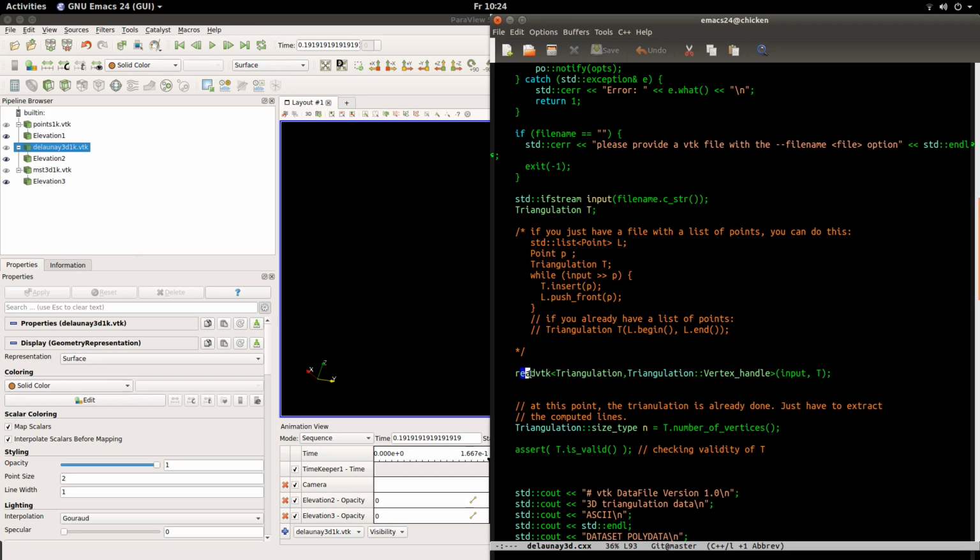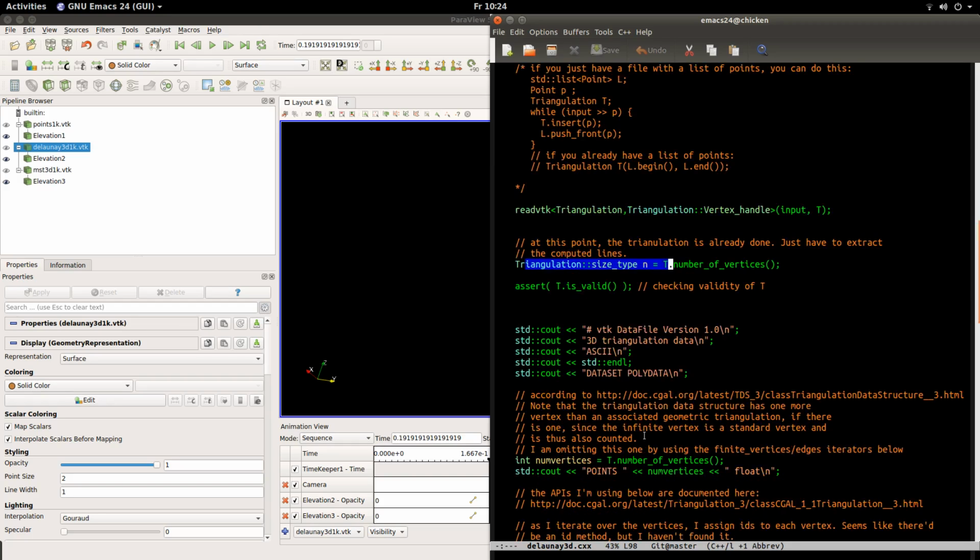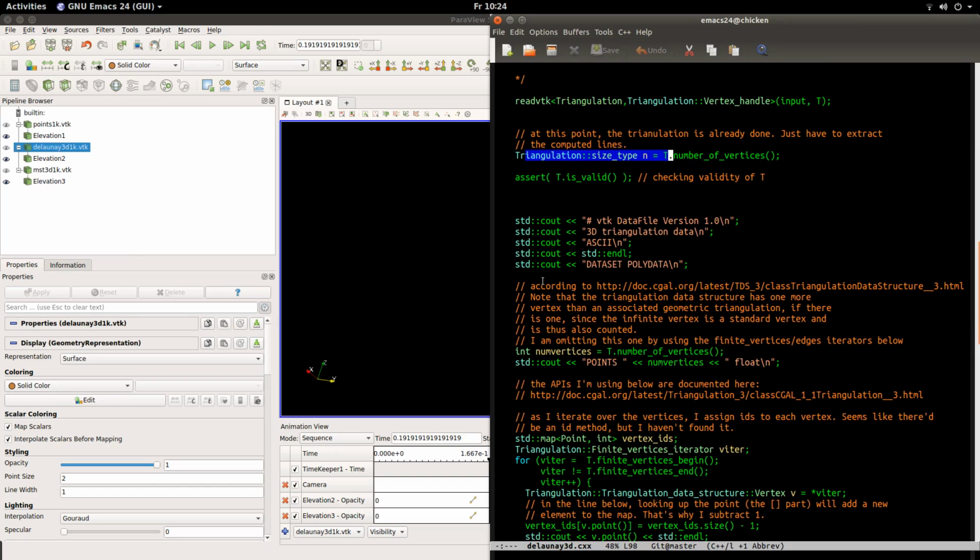I will then call the read VTK function that I spoke of earlier, for which the add vertex and add edge needed to be defined. Once things are loaded, the triangulation is done. As you add one edge, it will adjust the triangulation. It is an incremental update. After that, I simply will then need to generate a new VTK file that indicates all of the